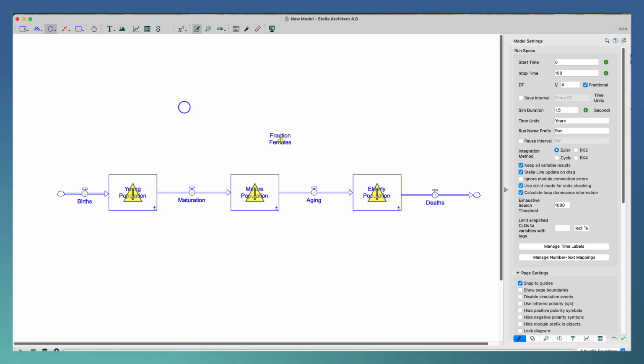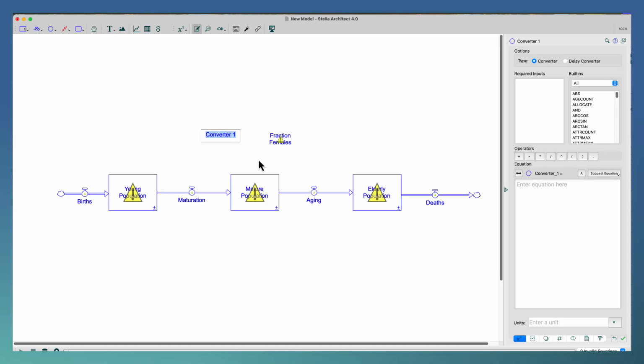I have females only. I'm going to add in my mature females. And I will click on the converter again, and he has the births per mature female per year. And then he has these maturation rate,